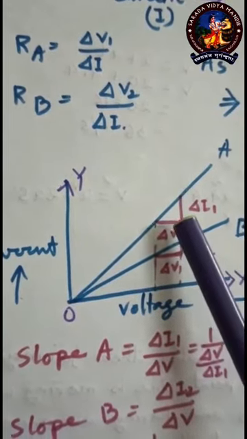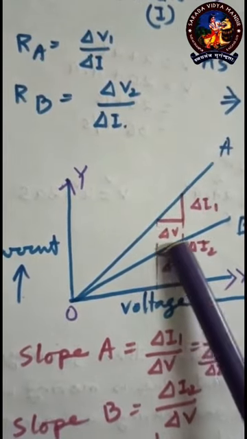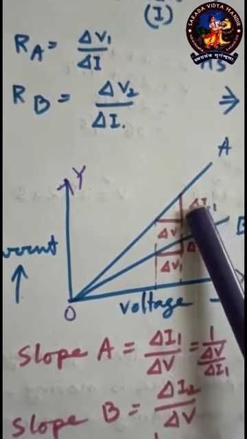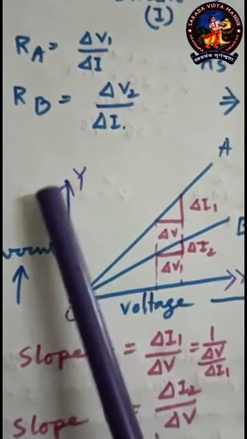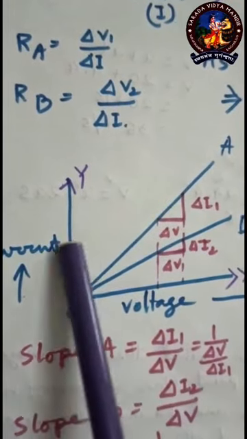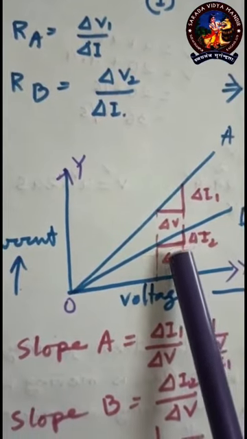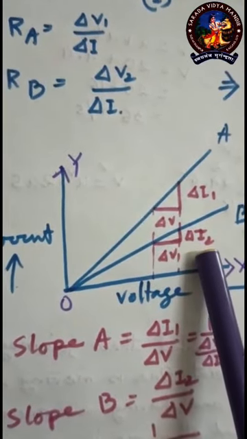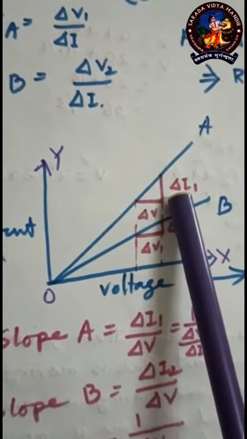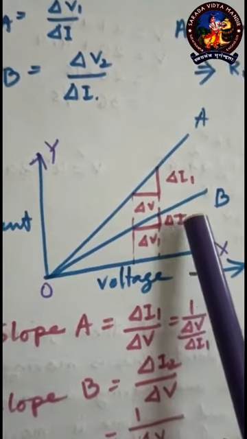Now if I complete the perpendicular, the right angle triangle here and here, obviously this perpendicular represents del I, because it has the section from this axis and also the section of this axis. So that is del I1 and that is del I2. Now tell me which one is more. Obviously this one is more. It is very much seen from the graphical representation that del I1 is more than del I2.